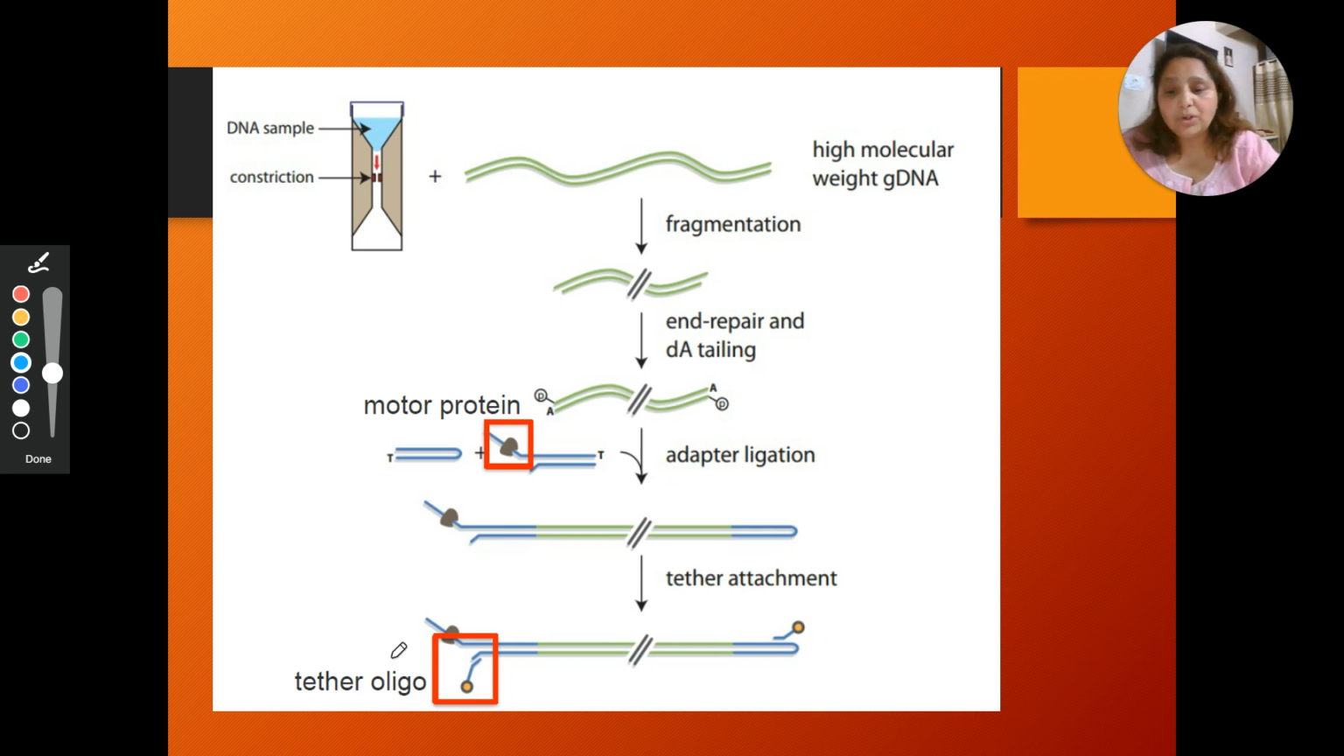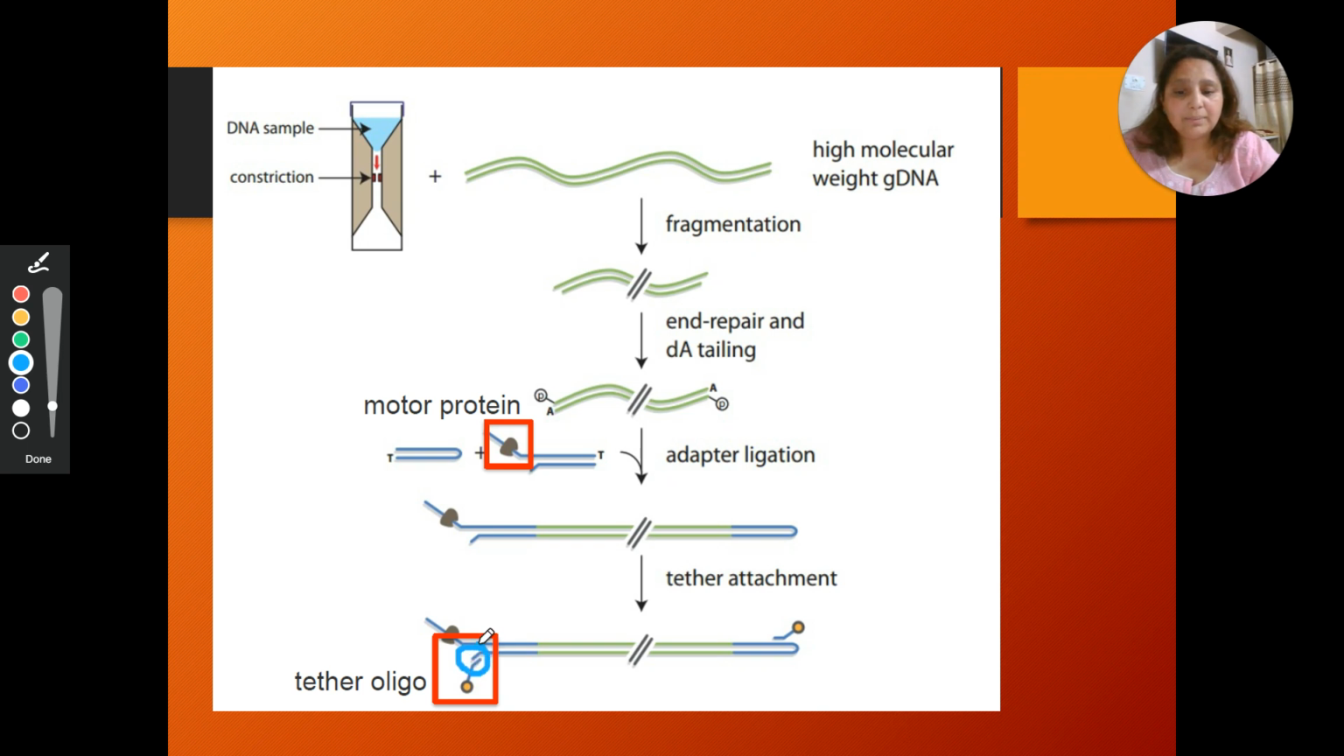And I also want you to pay attention to this red colored circle. You can see that after the addition of the Y adapter, there is another oligo, this yellow colored blob, that again gets attached by complementary base pairing. Complementary base pairing is happening here. I have highlighted this part. So with the help of complementary base pairing, this